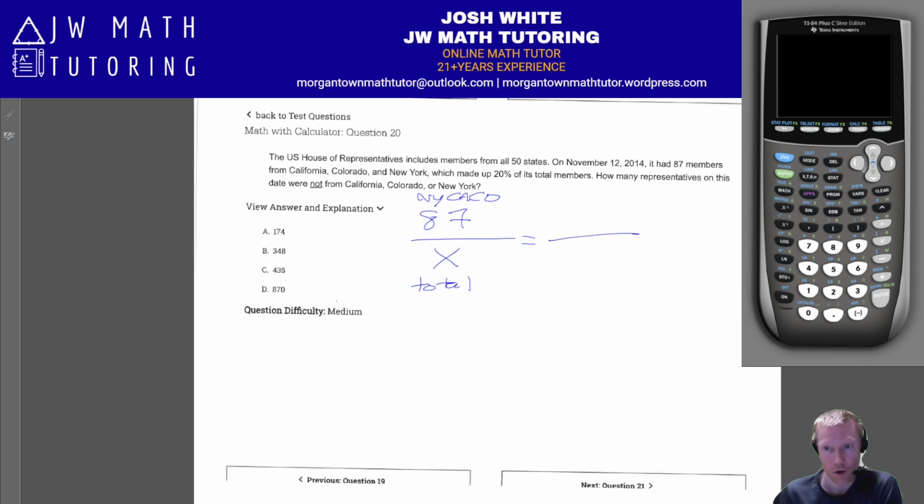Okay, and then over here, we would just basically put the percentages. So in other words, these 87 members made up 20%, or in other words, 20 out of 100. So I just took the 20%, which the 87 out of whatever the total is equal to, and I just turned that into a fraction. I just took 0.20 and wrote it as 20 over 100. So now you could go ahead and cross multiply. You're going to get 20x equal to 8,700, and then you divide by 20. And so for the total number of members, you should get